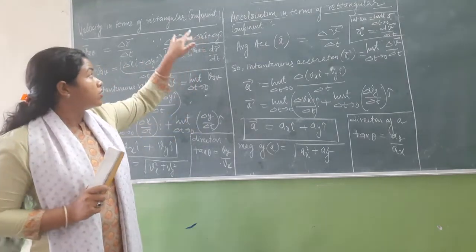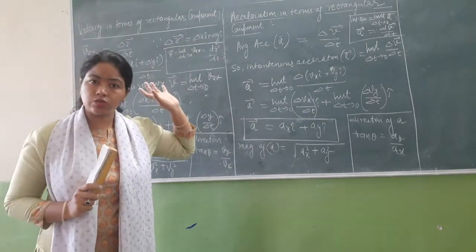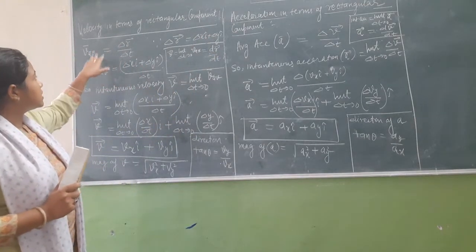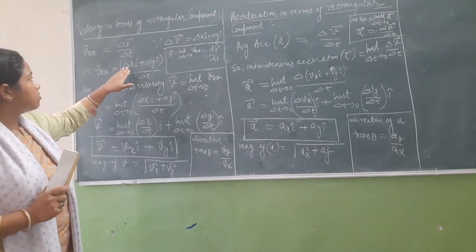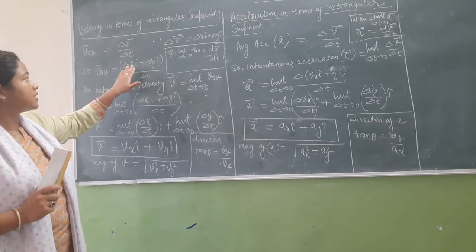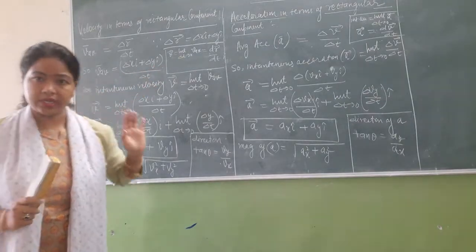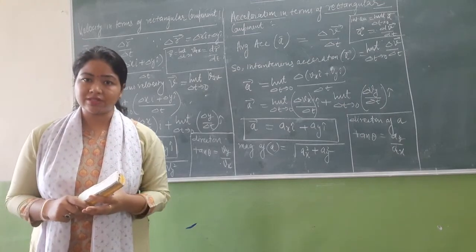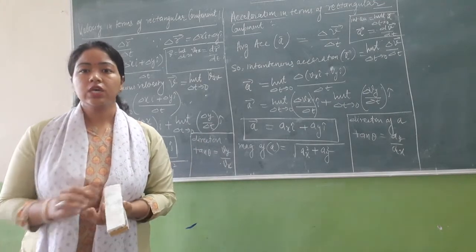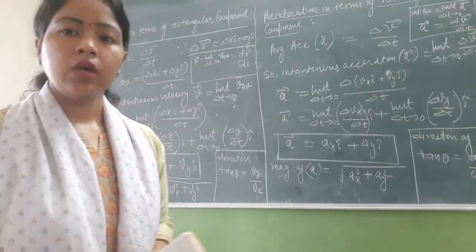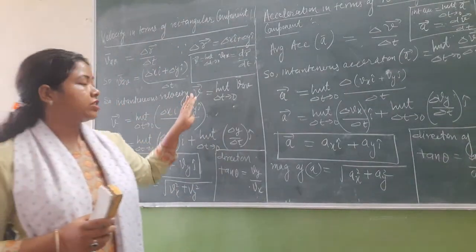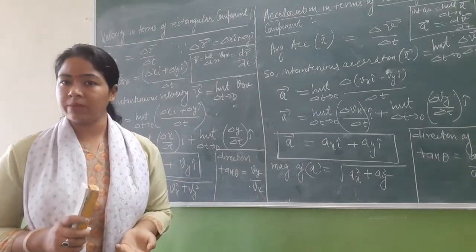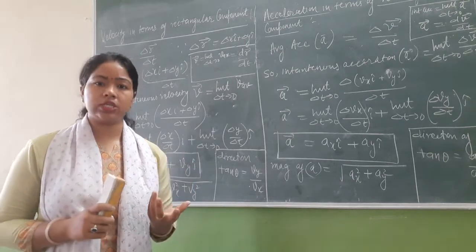We talked about this phenomenon in the previous lecture, so we will just go through that topic. We can place the value in the equation: v average will be equal to, in place of delta r, delta x i plus delta y j upon delta t. This is the average value of velocity. Now we can get the instantaneous value. If we have the average value of velocity, by applying the limit we can convert that value into the instantaneous value.